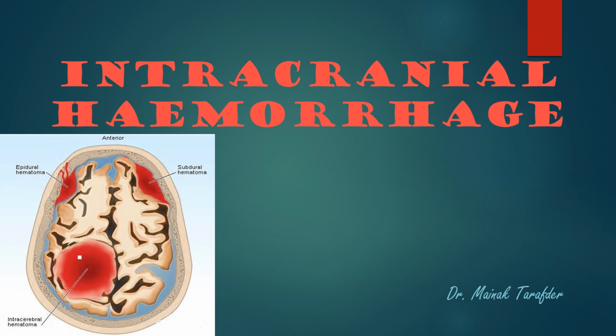So, in terms of position, the intracranial hemorrhage can be epidural or extradural. Epidural hemorrhage or hematoma means collection of blood outside of dura mater. It can be subdural, that is underneath dura mater, that is between dura and arachnoid. Subarachnoid, that is in between arachnoid and pia mater or beneath arachnoid mater, and intracerebral within the brain matter itself. So these are the different types of intracranial hemorrhages.